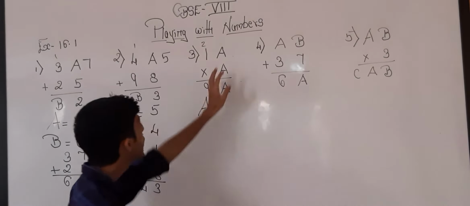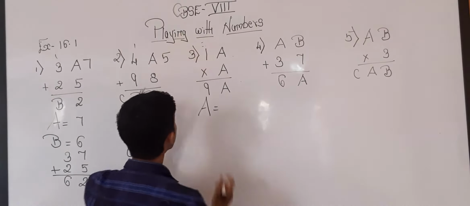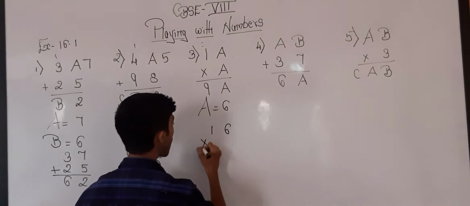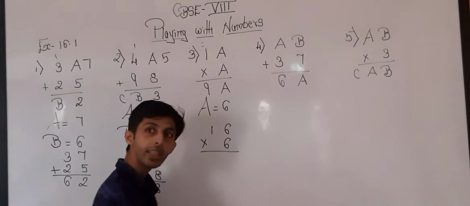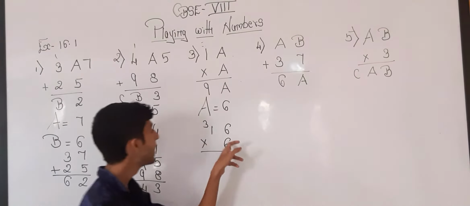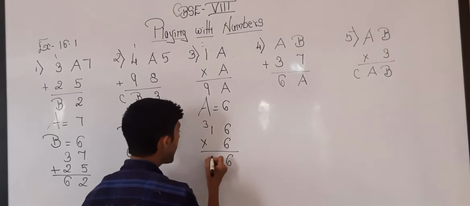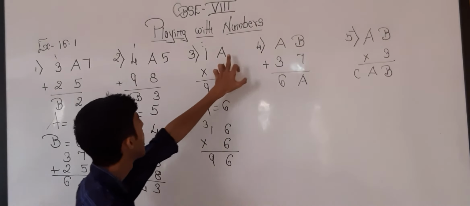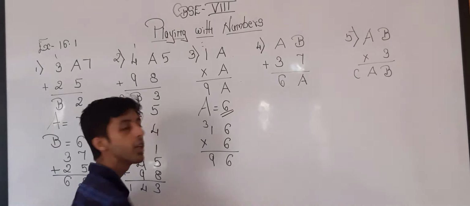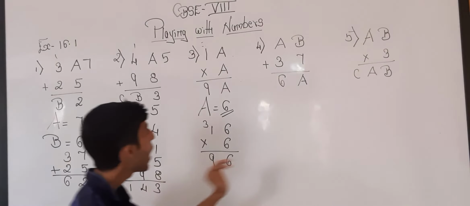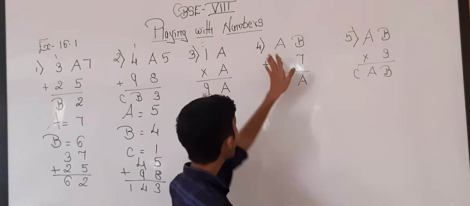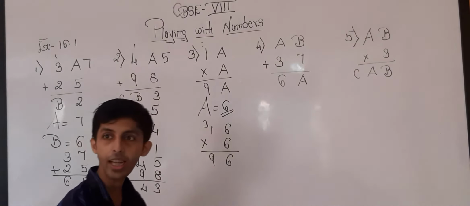Now, if I am taking 6 over here, 6 multiplied by 6 is 36. 6, and 3 will be carried. 6 times 1 is 6, 6 plus 3, 9. I want 9 over here and the value of a should be equal. So 6, 6, 6. So what is my value of a over here? 6. Now moving on to question number 4. What is the difference between question number 4 and question numbers 2 and 1?